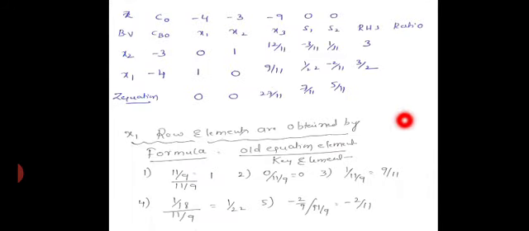Understood? See here, once you have all the values, just observe my Z equation: all the variables are positive, or greater than or equal to 0. Now the solution phase is reached, and the corresponding values you need to take from the RHS column. For x2 it is 3 and for x1 it is 3 by 2. That will be substituted in the objective function now. Since all the values in the Z equation are positive, the solution phase is reached, and x1 will be 3 by 2 and x2 will be 3. You substitute in the Z equation, and Z becomes equal to minus 15. This is my feasible solution condition, or maximum Z is equal to minus 15.